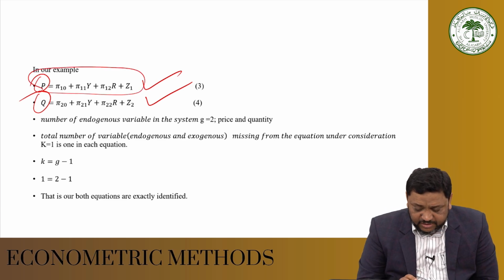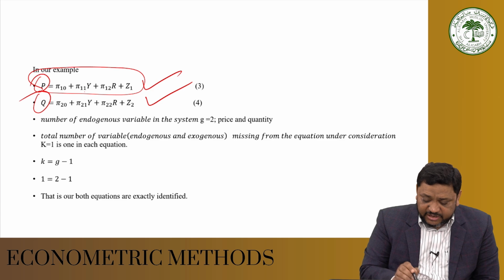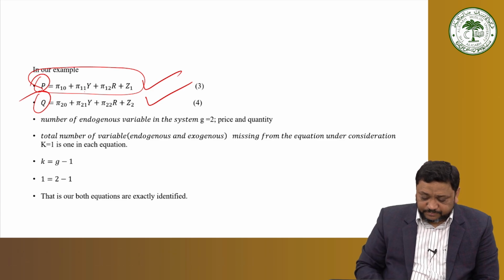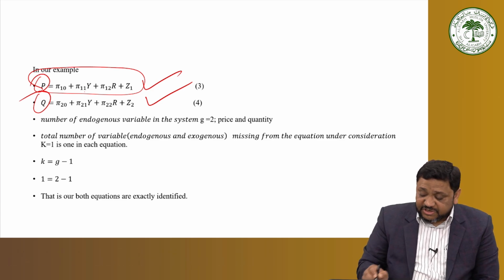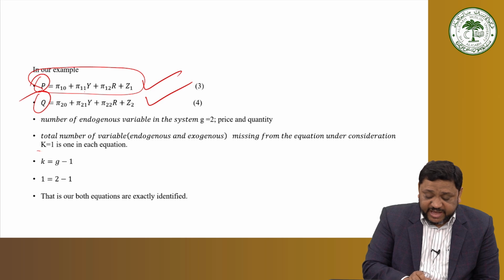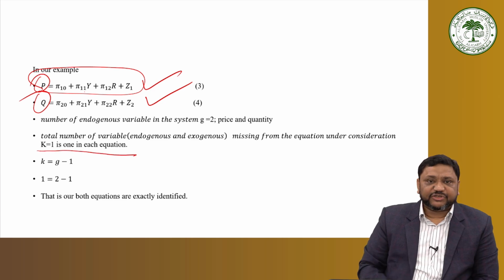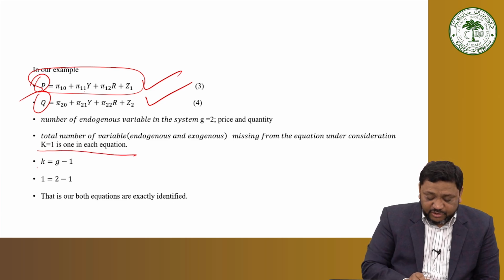What is missing? R is also here, so that is missing from the equation under consideration. K is equal to 1 in each equation, that is K is equal to G minus 1,